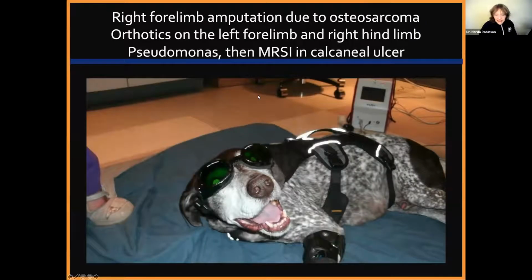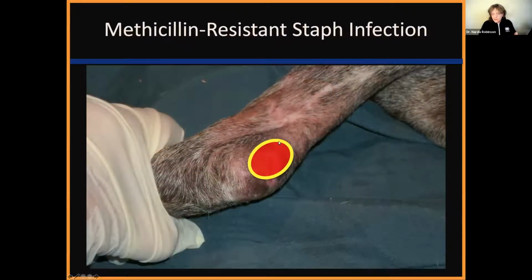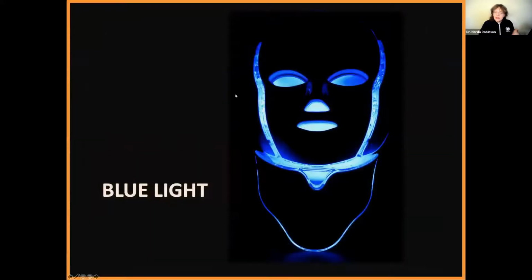Even in infected tissue, this was a guy, and this was our original companion laser back when, I think 2009 at CSU, the first one that I had that was a class 4. And he'd had an amputation. He had Pseudomonas, then methicillin-resistant staph infection in this ulcer that began about this size. I didn't take a picture at the beginning, but then with continued treatment, it reduced, but it never went away. And ultimately, we found out that was because there was some osteomyelitis, and it did not address that.